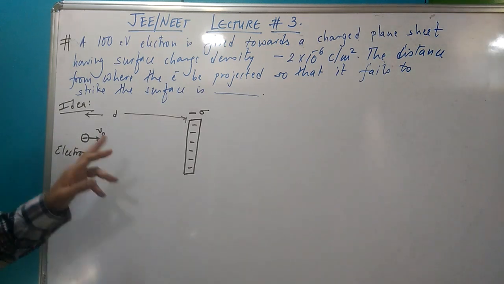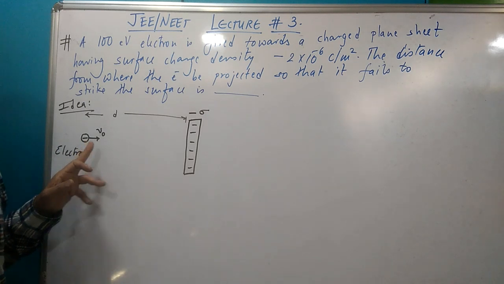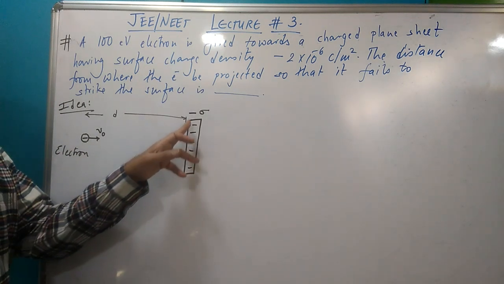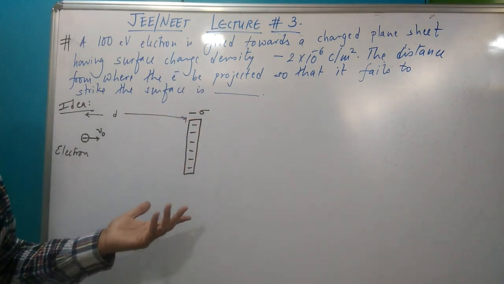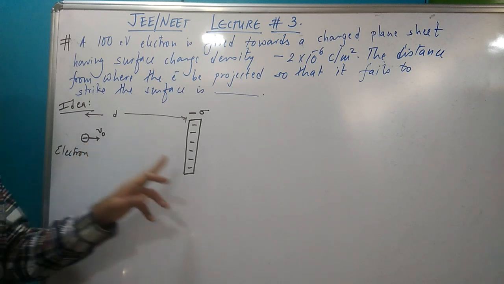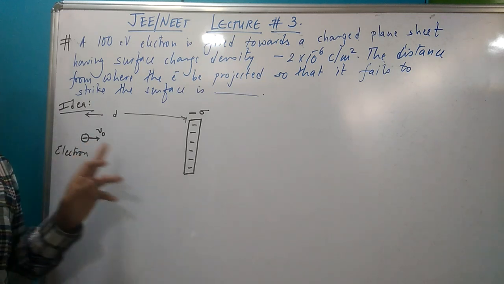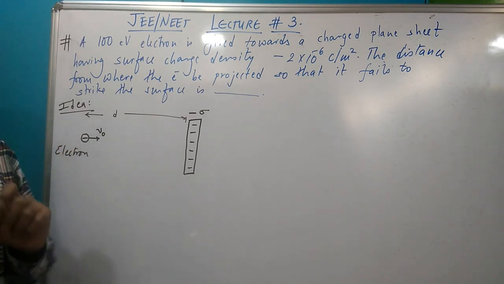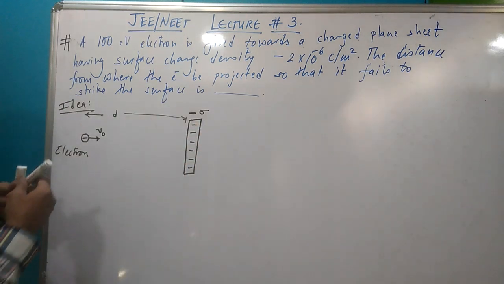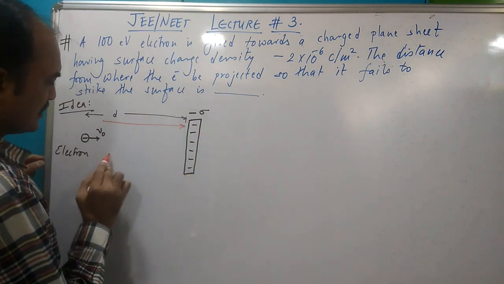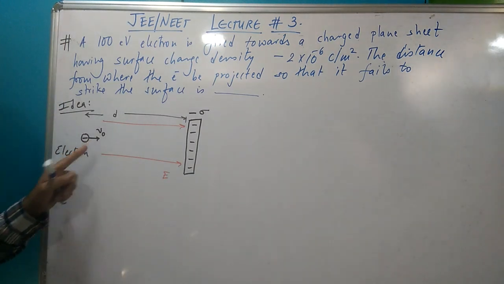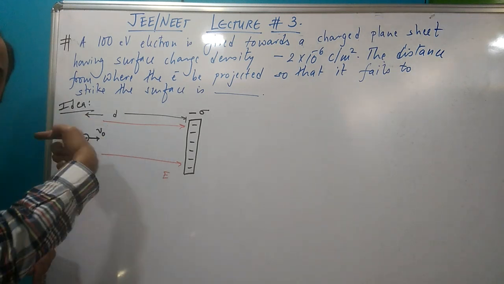Now let us look at the idea. This is an electron, let us say having initial velocity v0. We already have its kinetic energy. And this is a charged plane sheet. Now it is a negatively charged plane sheet. So this electron is negative, this is also negative. Both are like charges, so there will be repulsion between them. As a result, if you want to talk about it from an electric field point of view, the electric field is along this direction. An electron being a negative charge will experience acceleration in the opposite direction of the electric field.